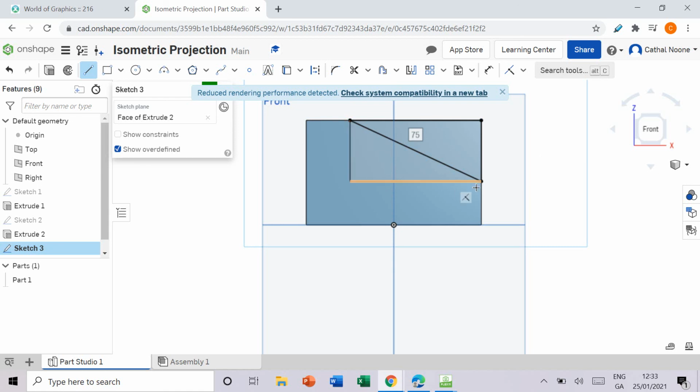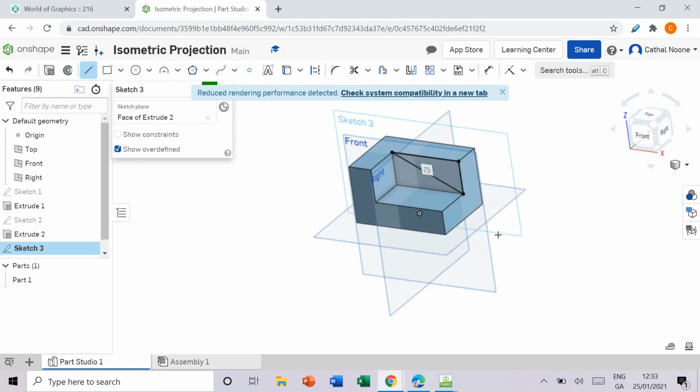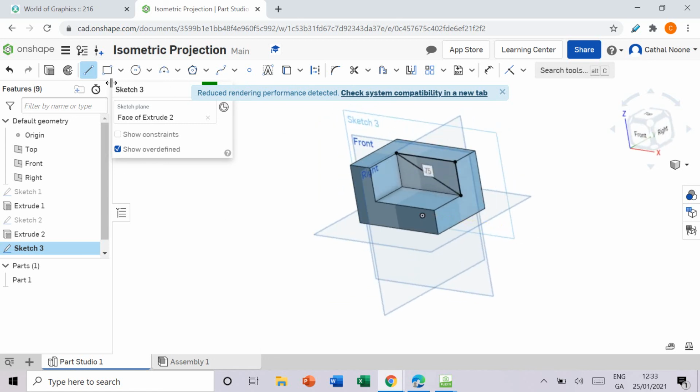Now if I just draw the line, it's not a closed shape, so it's not going to know what to extrude, so it has to be a closed shape. So that's why I've drawn a triangle. If you just draw the line, it's not going to know what to extrude, so make sure you close it. So that's my sketch now drawn, and what we want to do again is green tick that we have that sketch done,